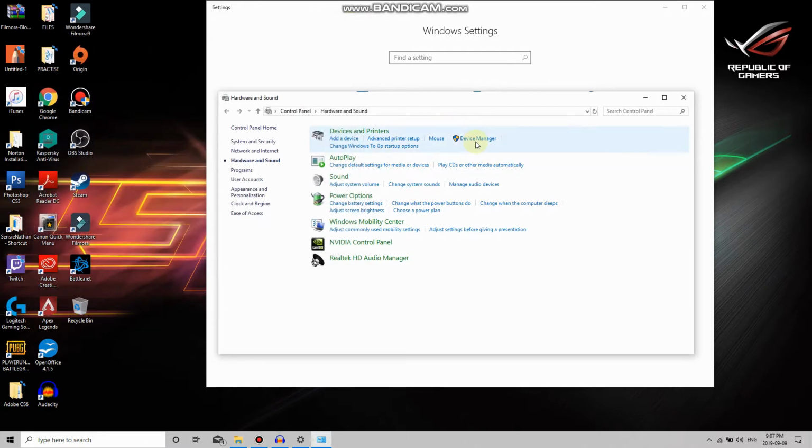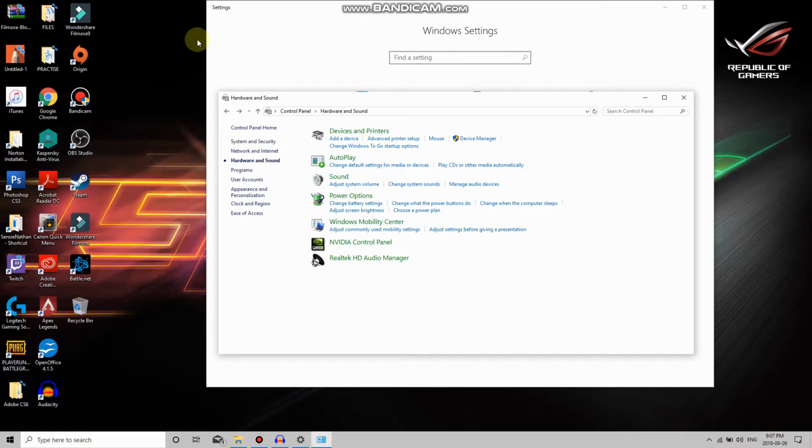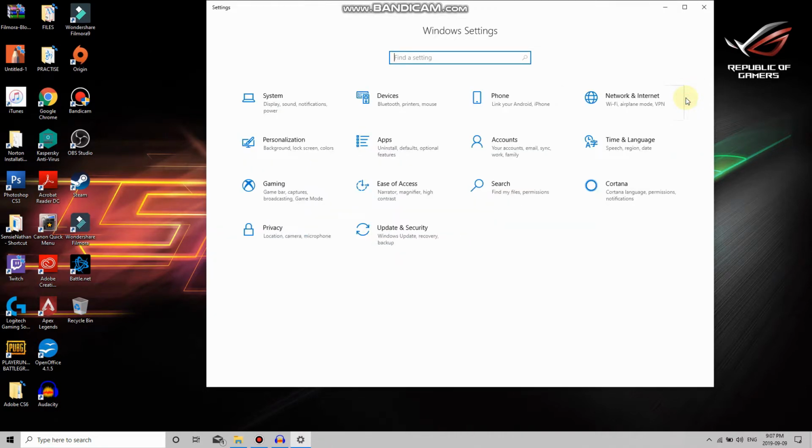So we discussed the device manager. Just go to your control panel, device manager, and then after that you can go to sound under control panel, and you can also manage audio devices. Same thing, that procedure that we did earlier. And if those procedures don't help, another